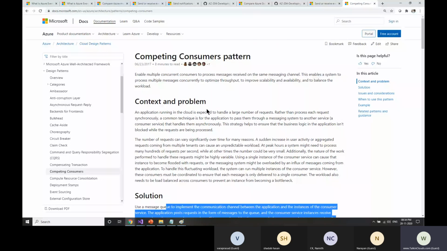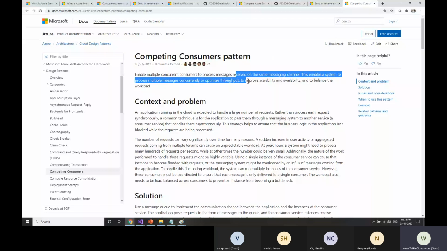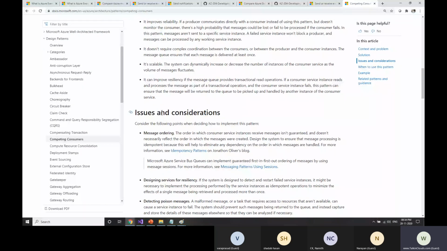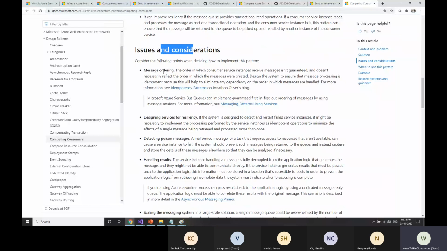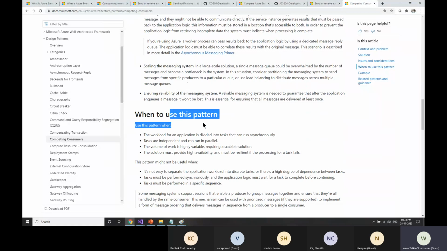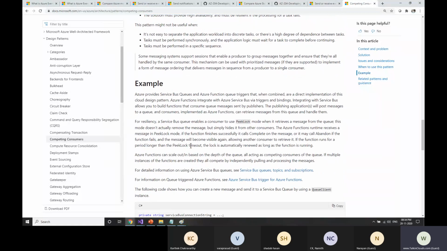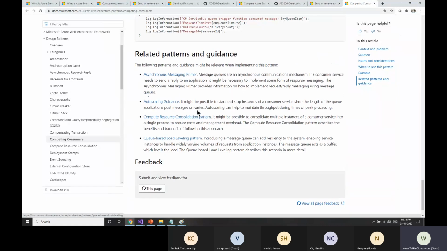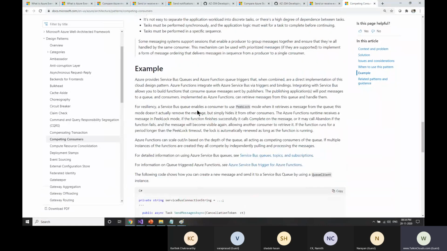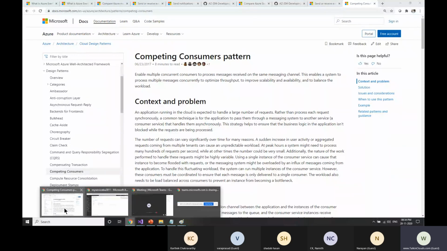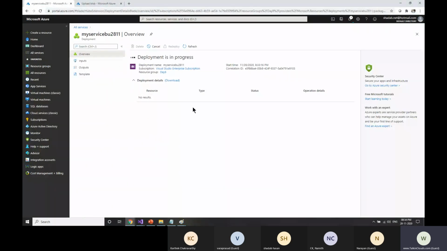You can say that this is the competing consumers pattern, and we are achieving this solution here. Okay, so what was the issue? Ordering of delivery was an issue, and reliability was an issue. So this is what we did as part of this pattern, and you will get this example as part of coding as well. This is one of the design patterns we talk about here. Okay, so you can go through that when you get time. So let's see here.